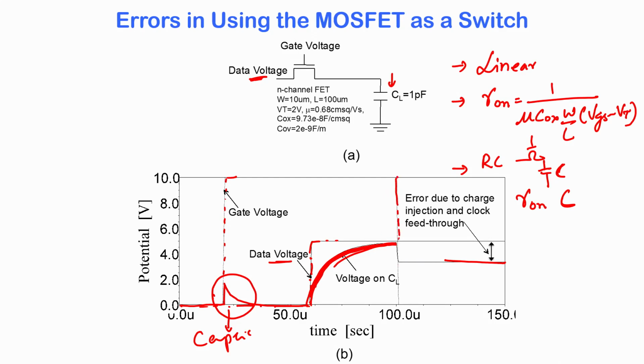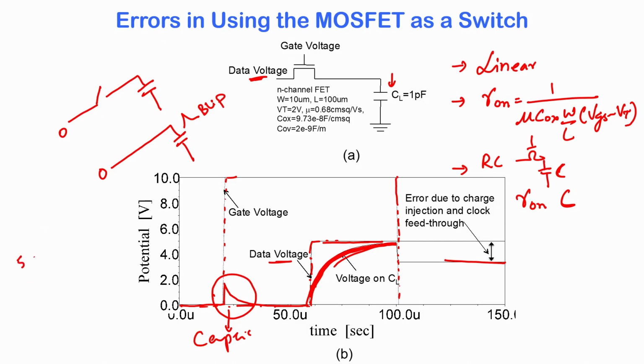The data voltage is still the same and the gate voltage turns off. The switch was open initially, this was 0 and this is still 0, and when the switch closed we saw this little blip,